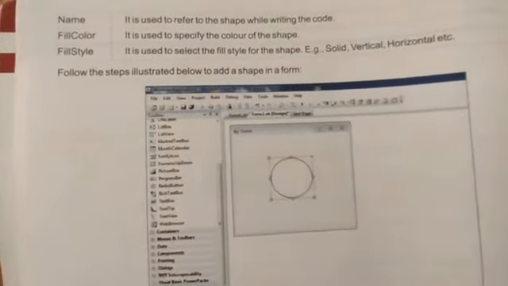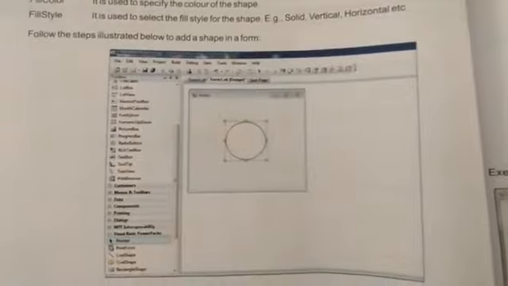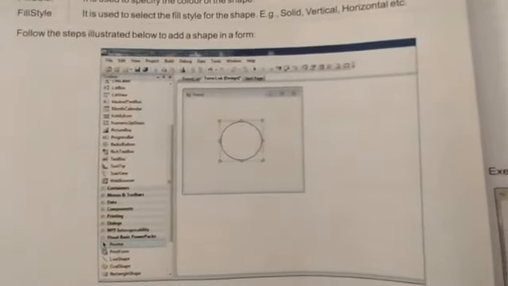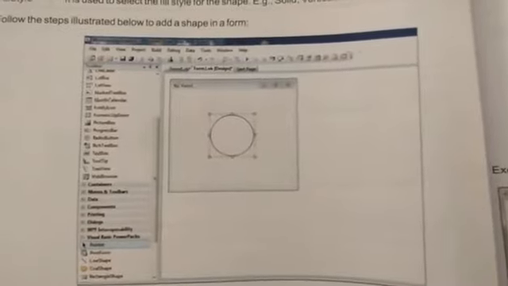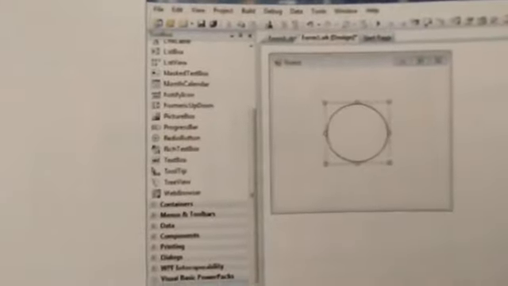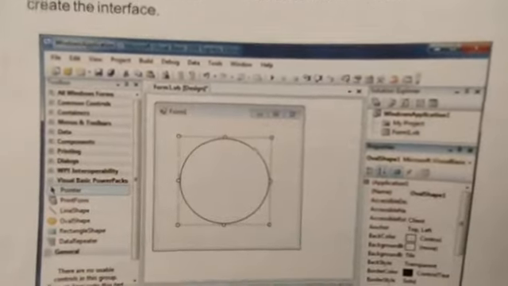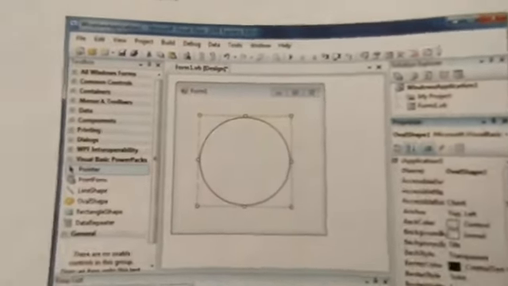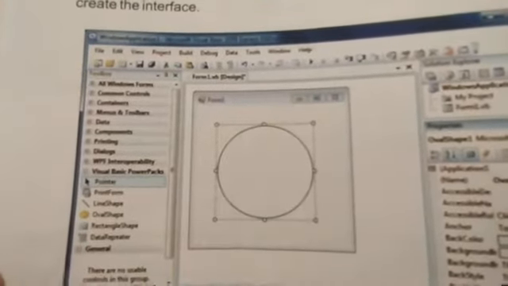Okay, so you have to perform some steps to add a shape in a form. You can see that this is a Visual Basic window and there is a toolbox, and there is a form. There are some kinds of shapes, like oval shape, line shape, rectangle shape.